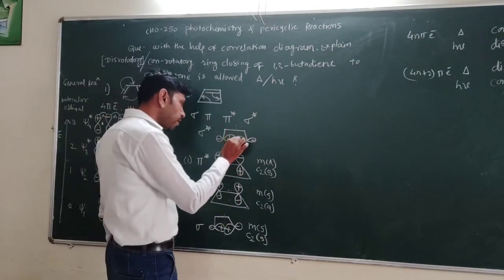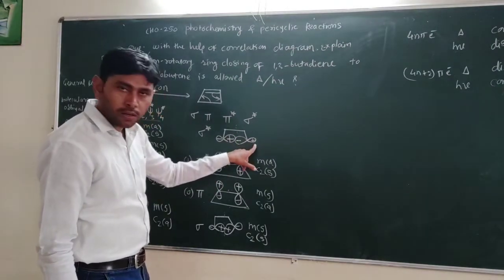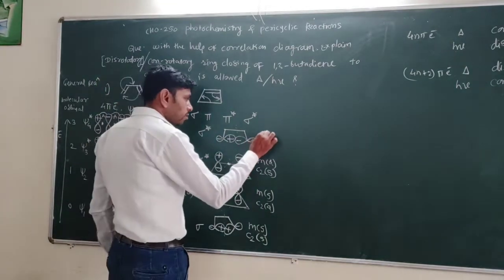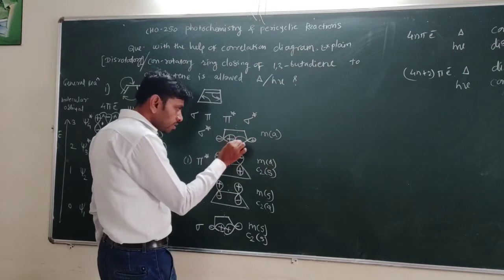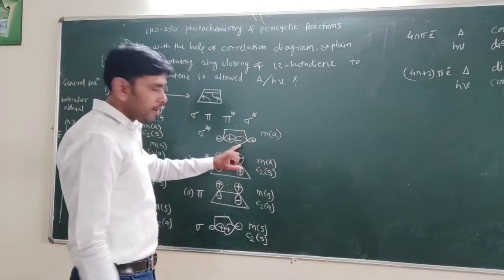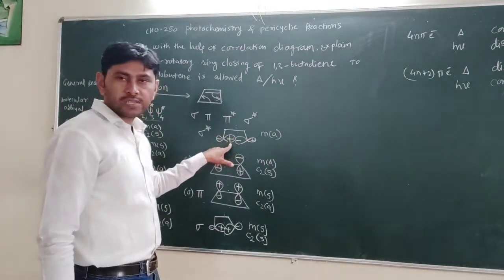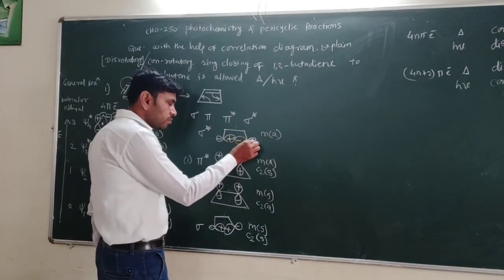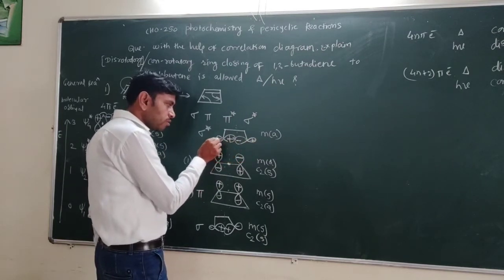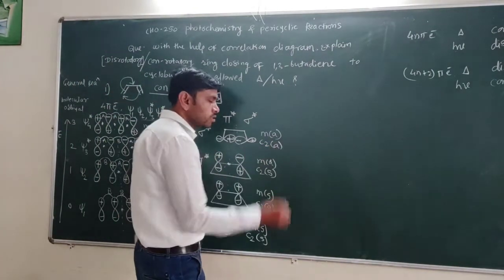What about when we pass the plane and fold the orbital? Plus overlaps on minus, negative overlaps on plus. So due to this, it is M asymmetric. What about C2? We consider the central point. We go some distance and find a negative sign, and when we go the same distance in the opposite direction, we find the opposite sign, plus minus. Here we check it by taking a different sign. We go some distance and observe a plus sign, and the same distance in the opposite direction, we observe a negative sign. That means no C2 symmetry is present here. So C2 is also asymmetric here.